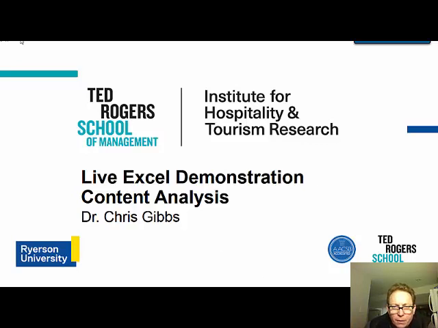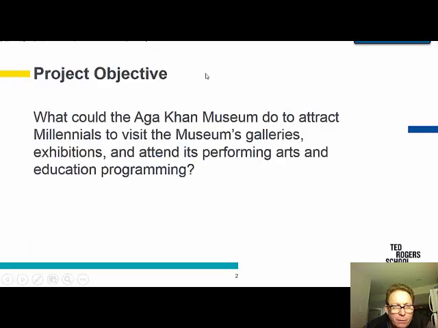First off, though, it's important that we remember the project objective. What could the AgEcon Museum do to attract millennials to visit the museum's galleries, exhibitions, and attend its performing arts and education programming? I want to highlight performing arts and education programming because I don't think many of you really, in your competitive analysis, really understood that or went into it. And I think that's a weakness that some people have in their projects or their knowledge of AgEcon and their